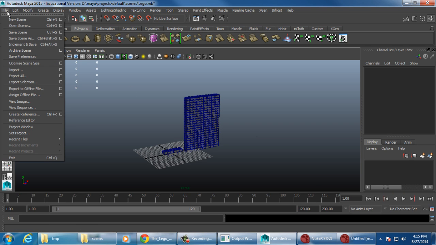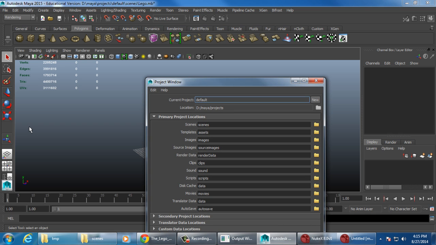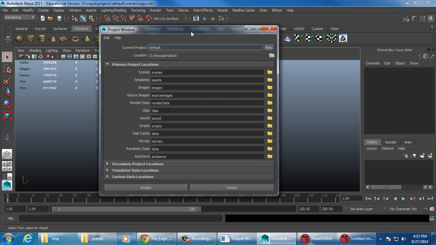So we're going to go to File, and we're going to go to the project window. The project window is basically where we can create that level of organization. It allows us to create one folder, and Maya will populate it with a bunch of folders to help keep us organized. Okay, so we're going to hit New on the top right,